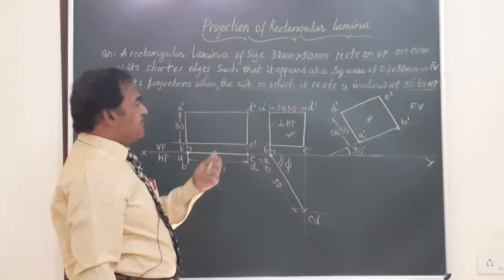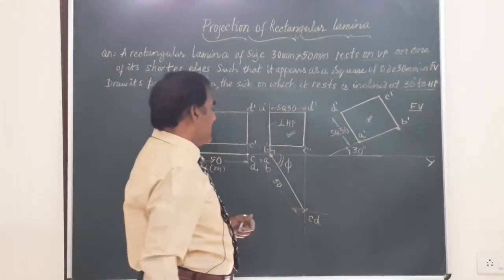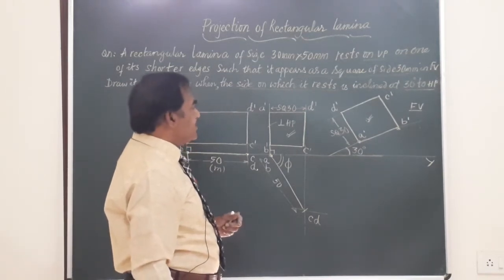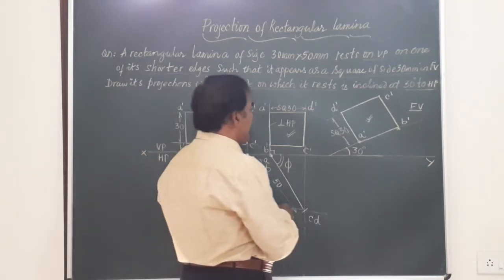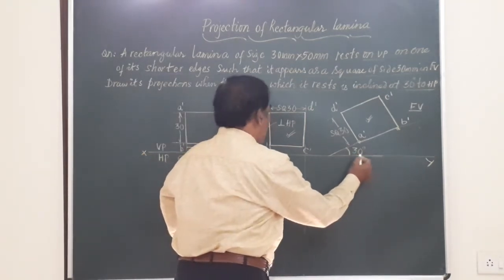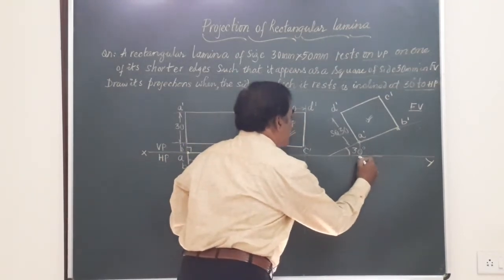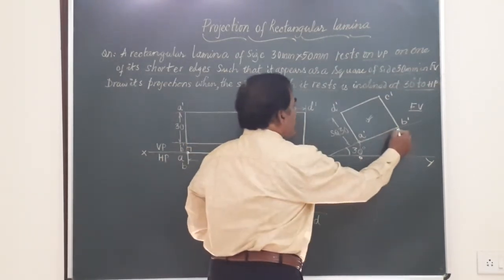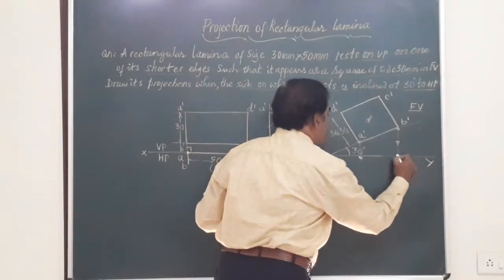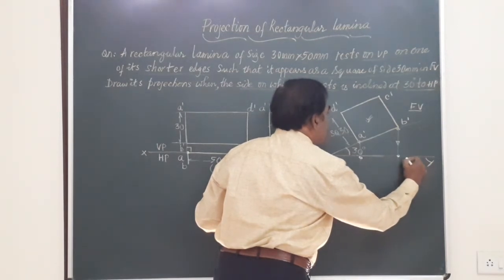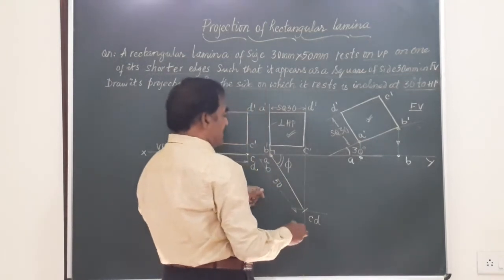Friends, you have the final front view, a square of side 30 mm. We should get the final top view. So follow the procedure, obtain the points one by one. So let me start this with A dash. Draw a vertical line from A, a horizontal line from here, they meet at this point. Similarly, a vertical line from B, a horizontal line from here, they meet at this point. So this is going to be the point B, this is point A. Likewise, get C and D.